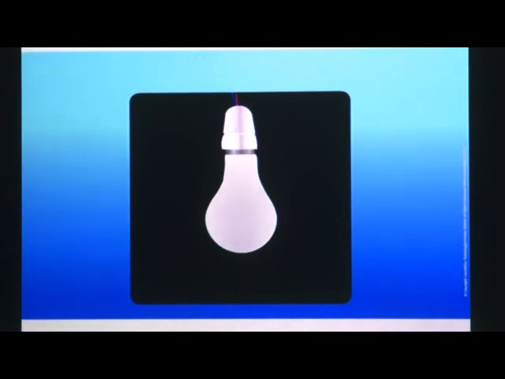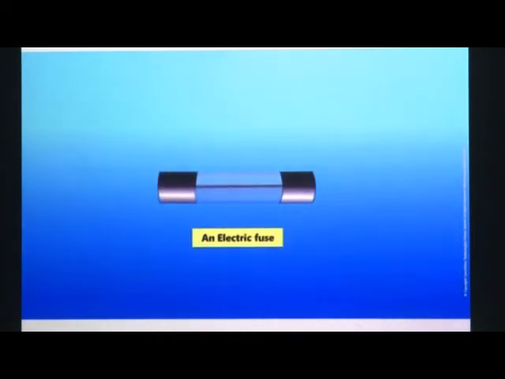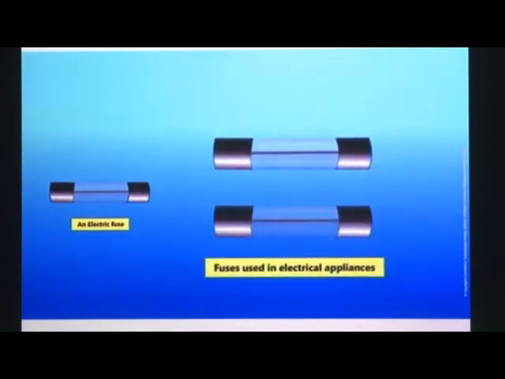Now, let us see what happens if we increase the electric current inside the bulb filament. The filament inside the bulb will be overheated, producing a large amount of heat, which may blow up the bulb and sometimes generate fire in the electric circuit. To avoid such problems of overheating, we use an electric fuse in electric circuits. Here are some of the commonly used fuse types.